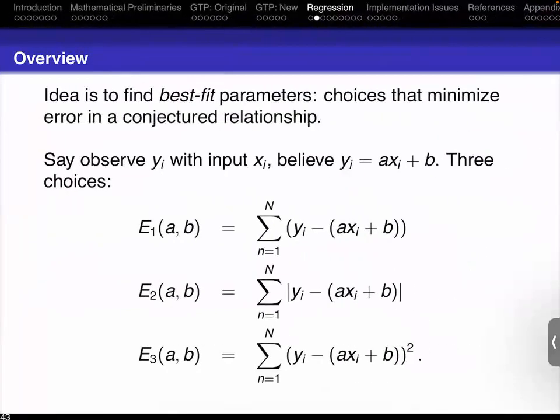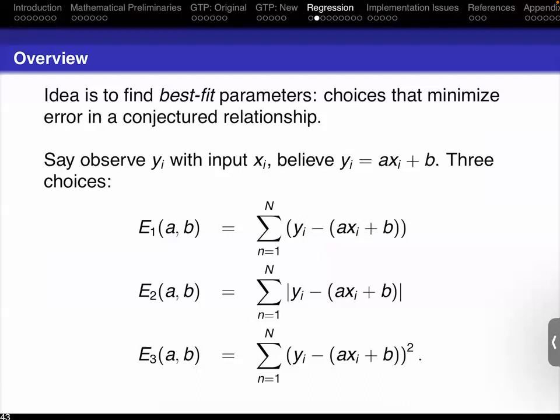All right. Did we do a lecture on the method of least squares in this class? Okay. So when you did stats, did you do the regression line, finding the best fit straight line, and you did the method of least squares? Okay. So there are 3 natural candidates for trying to find the error. And so I believe there's a linear relationship between y and x. I believe y equals ax plus b, and I want to find the best values of a and b.